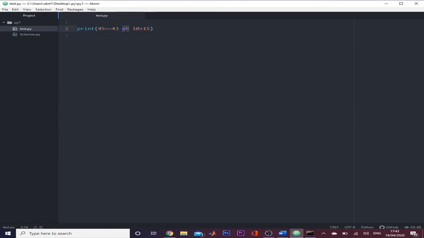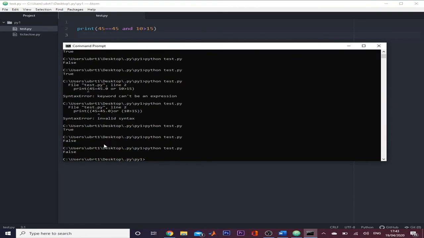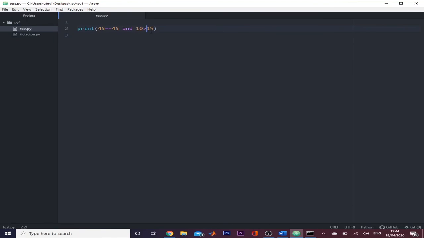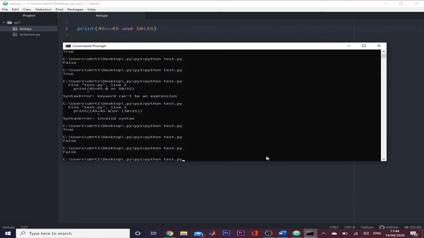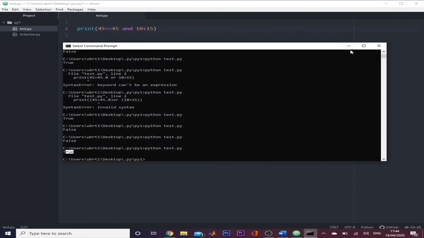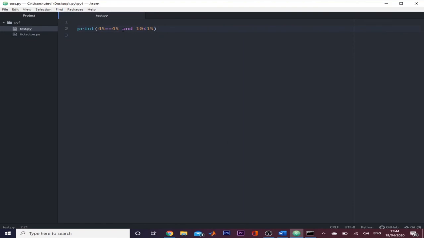But if now I use here AND, and I make this statement true, our answer will be false, because we are using the AND operator, and the AND operator needs both statements to be true to give its answer true. So here we will get a false because one of the statements is false. 10 is not greater than 15. So if I write here less than, now our AND operator will also give true. So here you can see. So these are AND operators which can be used in conditions to take on several processes.